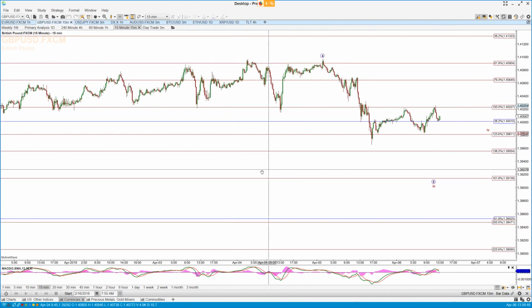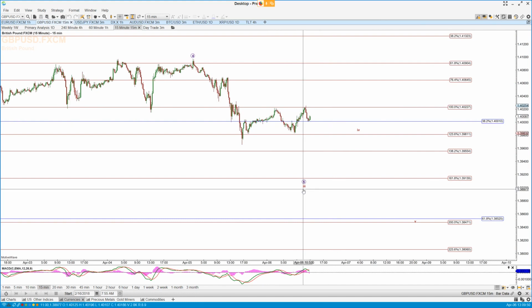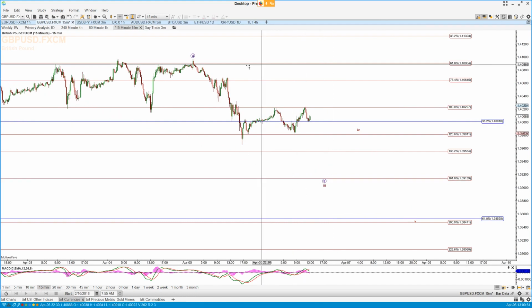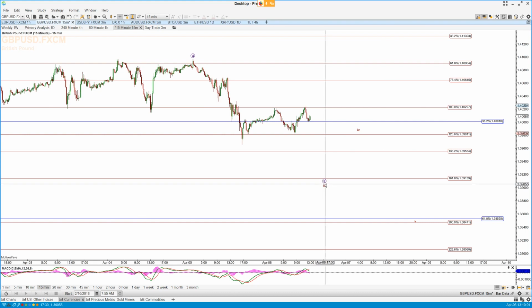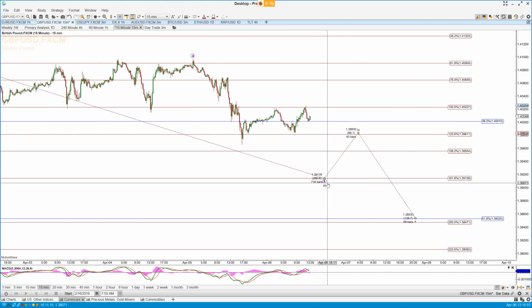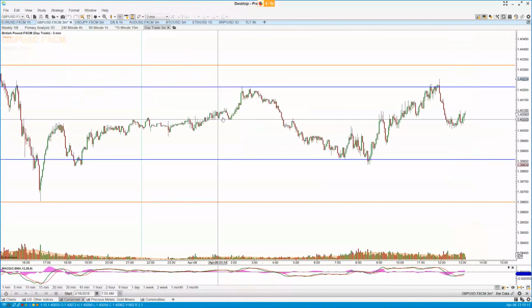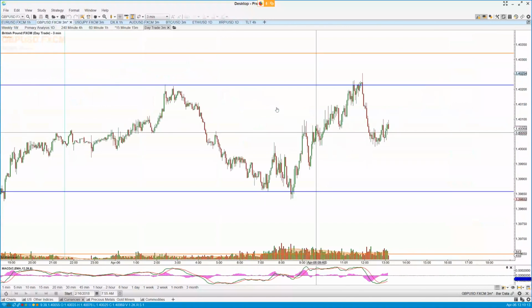Cable this morning, again, it needs to drop down here. The micro pattern in cable is, you know, it's not doing anything wrong per se, but it's infuriatingly messy. But this looks like a 1, 2, 3, 4. We should drop down here now to complete this 5 of this 3, then a 4, 5 in cable. So just going to be patient and put up with the intraday nonsense in this thing until we get to